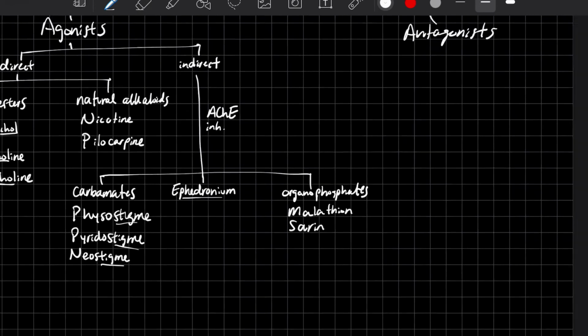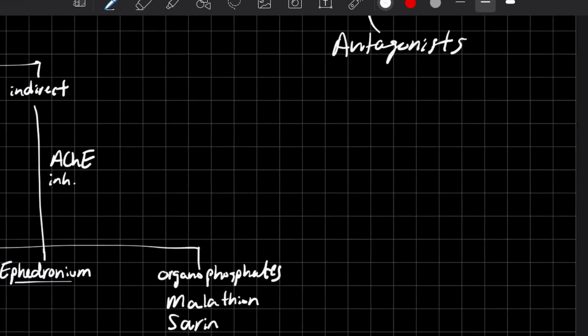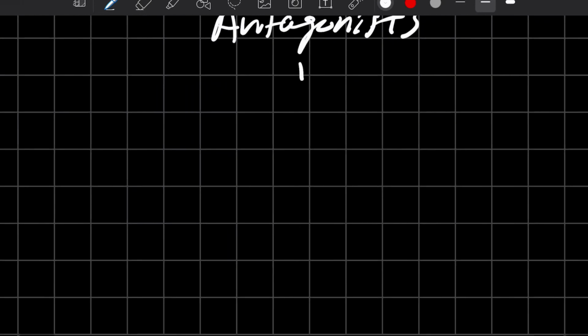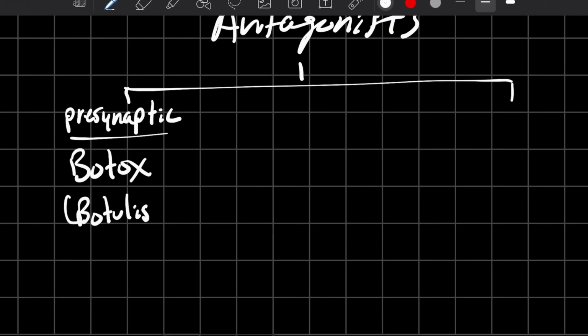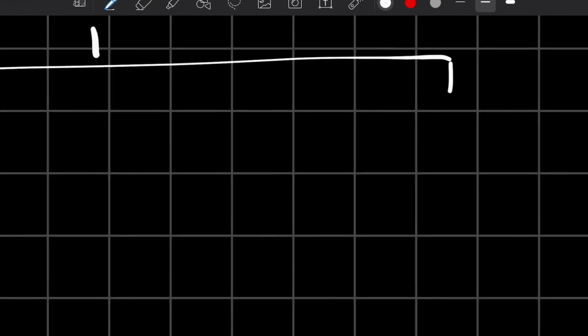All right, so now that we have all the agonists down that we are going to cover in this video, let's talk about antagonists. So there's going to be two major types. The first one is going to be your presynaptic antagonist, and this is going to be Botox. Okay, so oh gosh, I cannot spell. It's going to be your Botox, okay, and it's also called botulism toxin. All right, and then your postsynaptic,